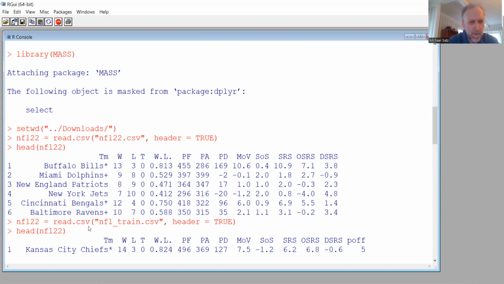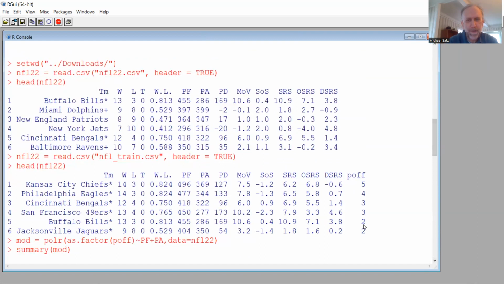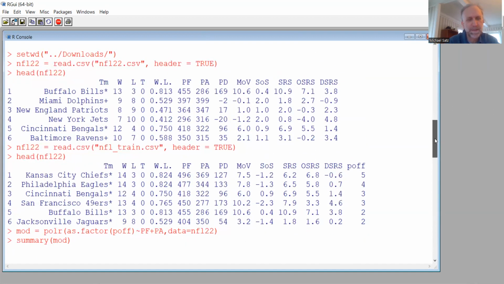So I went and copied this file, I renamed it. I copied it from the one we made last time. I think we all did it together, right, in class? And we set the playoff round over here in this column. So this is how far they made it in 2022. We don't have to beat a dead horse, we did this in pretty good, slow steps. So we won't need to do it again necessarily, but we could, if you want, show you how to put this in here.